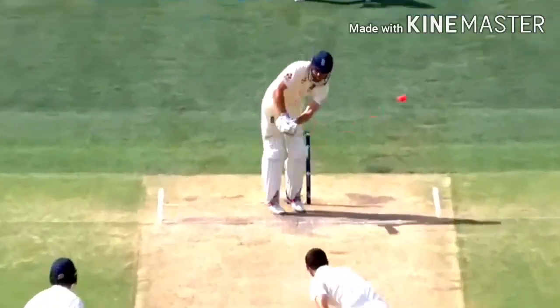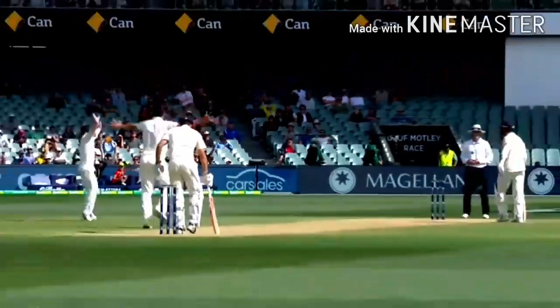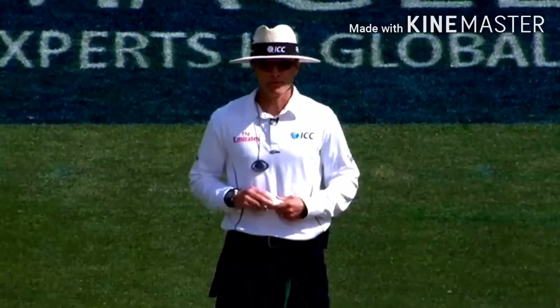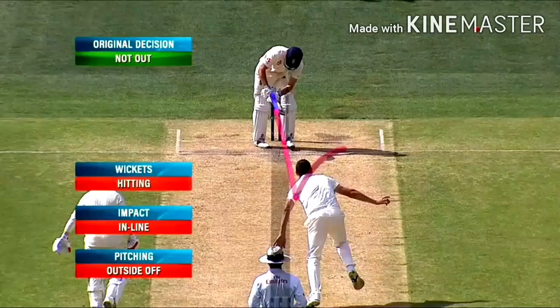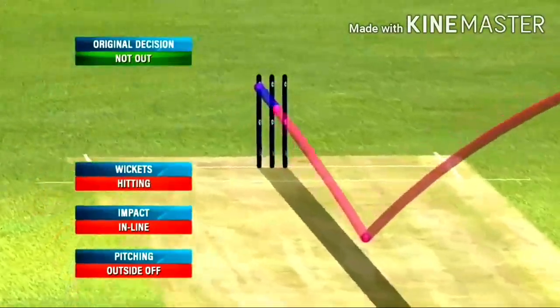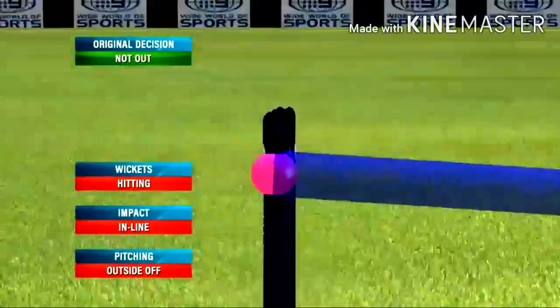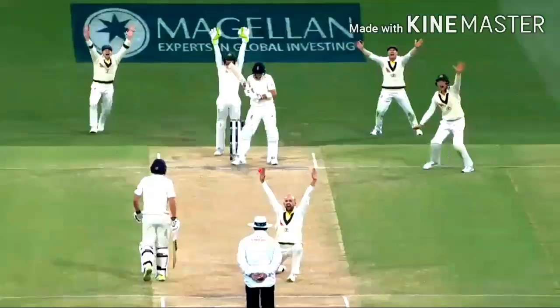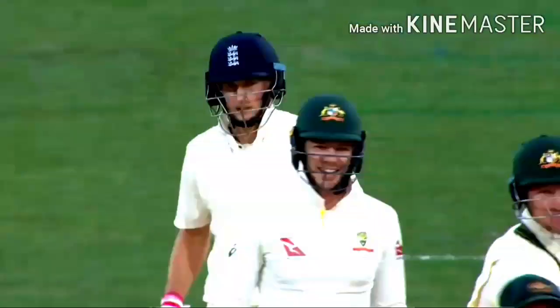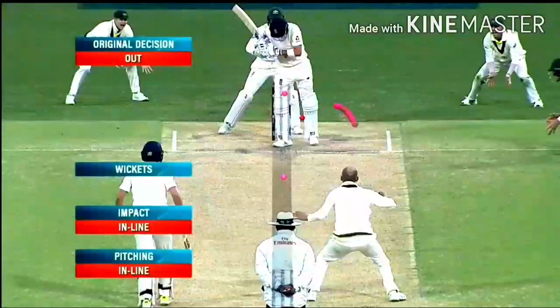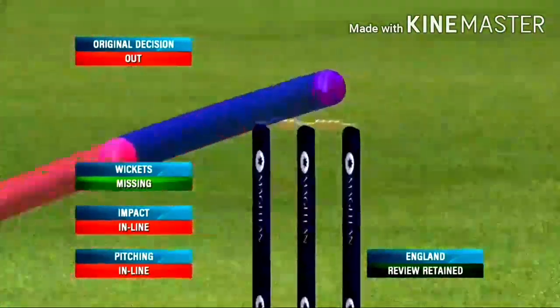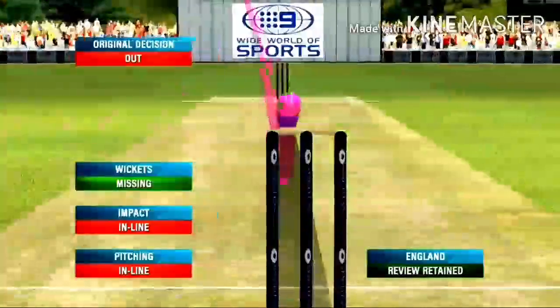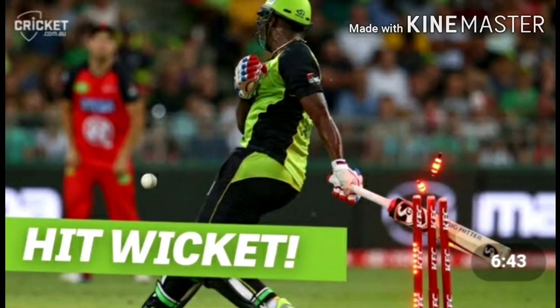Then we come to leg before wicket, which is known as LBW. Covering the wicket and stopping the ball with the leg or any other part of his body, a ball that would have otherwise hit the wicket. The umpire will not decide that the batsman is out unless the other team makes an appeal of "How's that?" The appeal must be made before the bowler begins his run up or bowling action for the next ball.